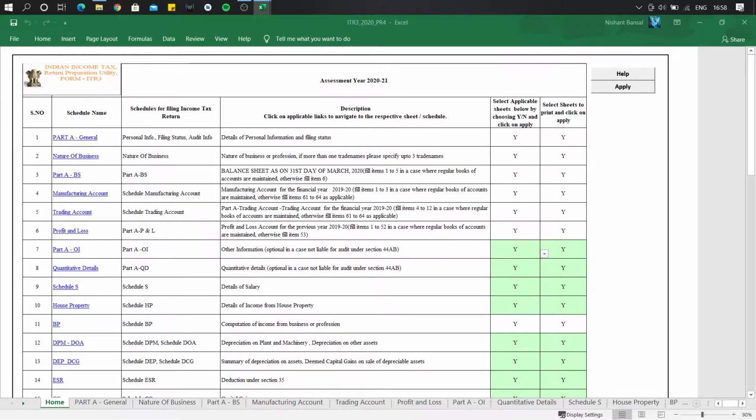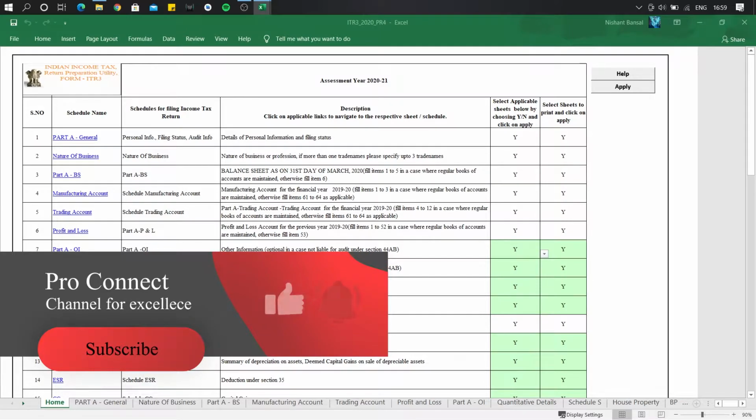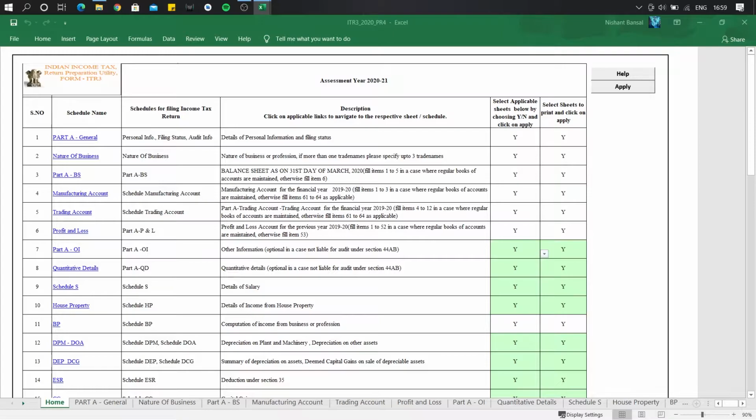So today we would be starting with the income details of house property. Okay, so you all can see. I'm again repeating that we are continuing the same question. So you can download it from the description box itself. We'll share it again.